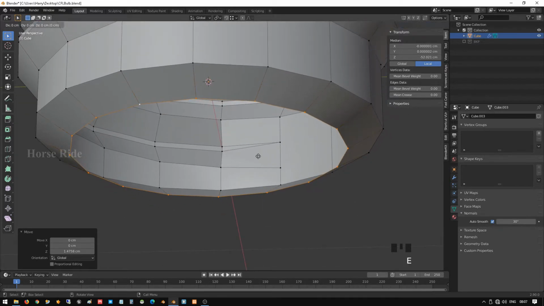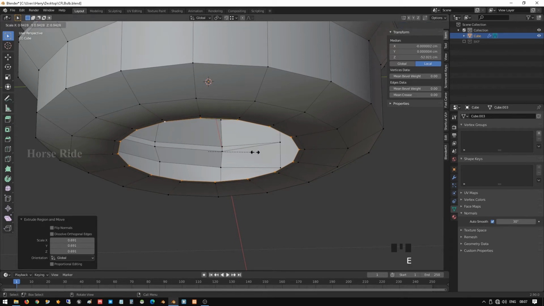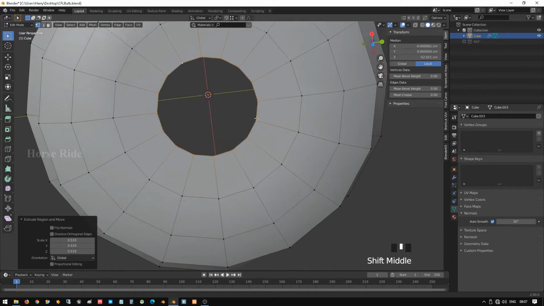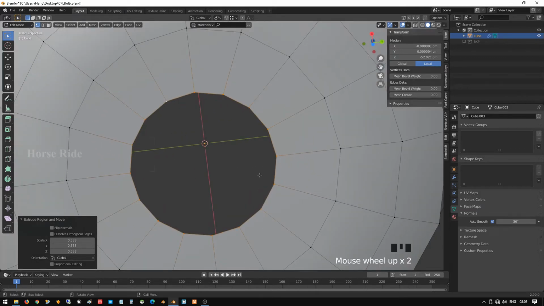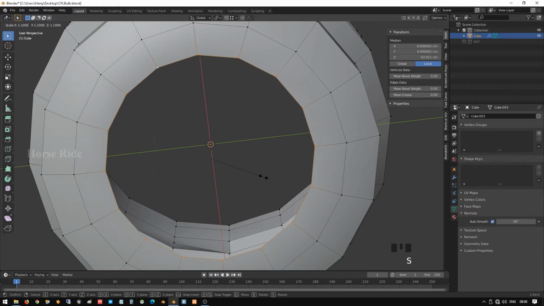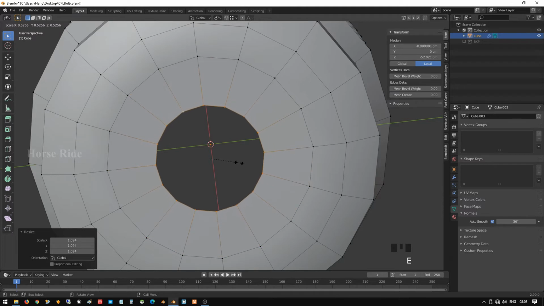Okay, now E to extrude, S to scale, E to extrude, S to scale, E to extrude, S to scale.